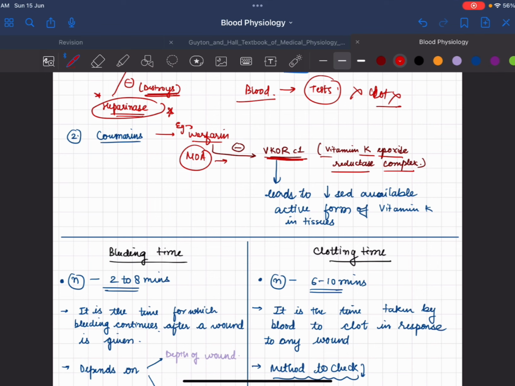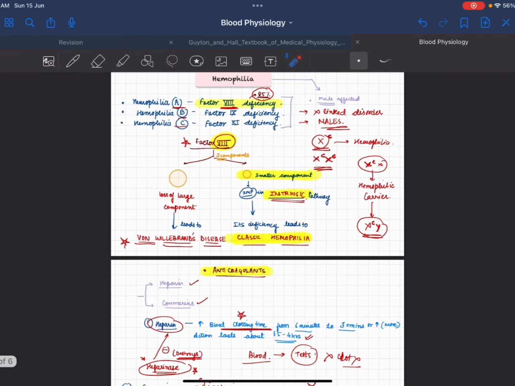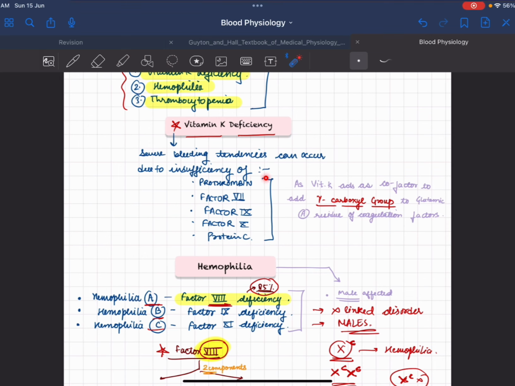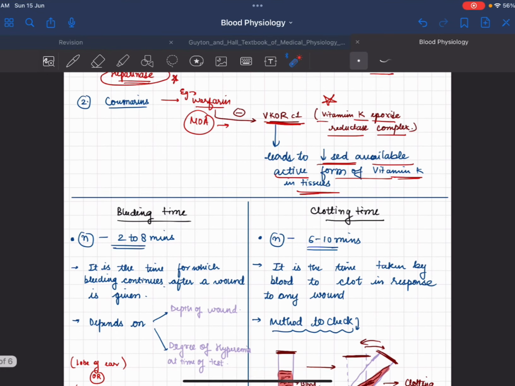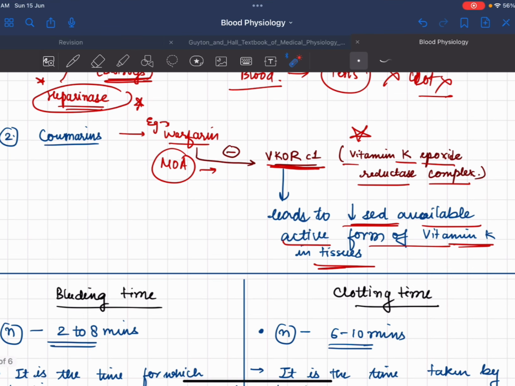Okay. So, if this is inhibited, this will lead to decreased available active form of vitamin K in the tissue. Okay, and above we just studied that if vitamin K is deficient in the tissues, these 5 factors would definitely be deficient, they won't work. So this will definitely lead to some bleeding tendencies. Okay, so that's why vitamin K is very important, and vitamin K is actually inhibited by warfarin. Okay, so we can simply say warfarin is a vitamin K inhibitor. Okay,